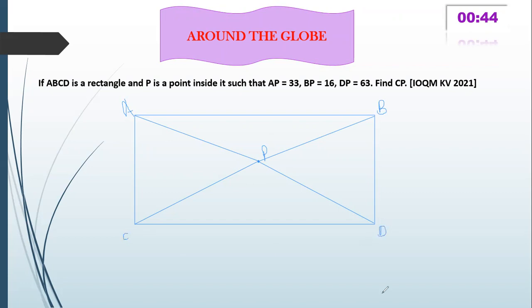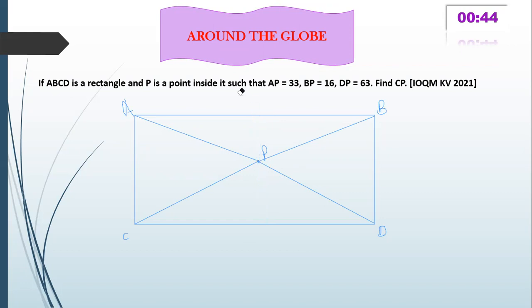This theorem can be proved by Apollonius theorem, as I already told previously. It tells you that the following relation will hold: CP square plus PB square equal to AP square plus PD square. So this is known as British flag theorem. Why is this called British flag theorem? Open Google and type the British flag, and you will get a similar figure as this, and the only difference is that you get these two straight lines joined here. While proving this theorem, you will get these two straight lines also. So it represents the British flag, so it is known as British flag theorem.